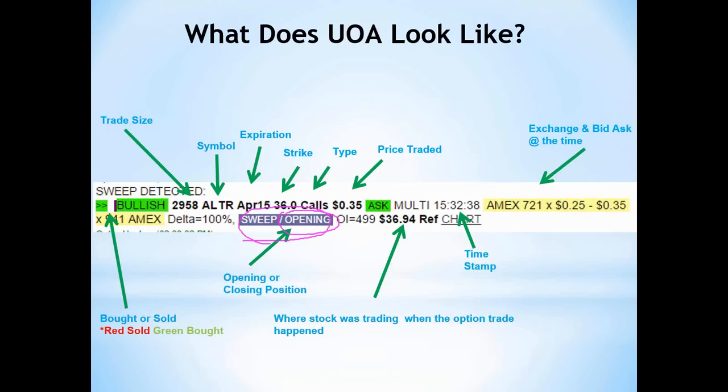What does a sweep mean? So a sweep is an order that is sent through multiple exchange centers. So when a trader wants to get filled on an order of size like this, 3,000 contracts, they have to take out all of the offers at every single exchange, an intermarket sweep, to get filled before they can trade higher, okay? So it shows more aggression. It shows more aggressive buying when it's labeled a sweep, okay?